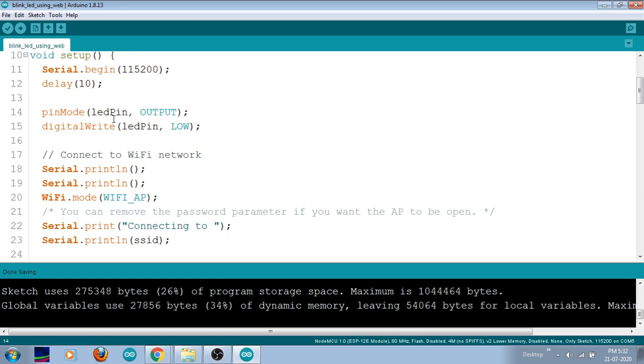For connectivity it needs an SSID as well as the password. The hotspot name and the hotspot password are required. By using this hotspot name and password, my NodeMCU will now connect to the Wi-Fi network which I have given. And I'm ensuring that the device connection has been established or not.